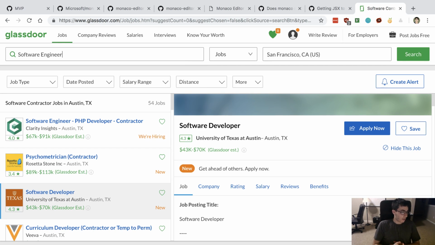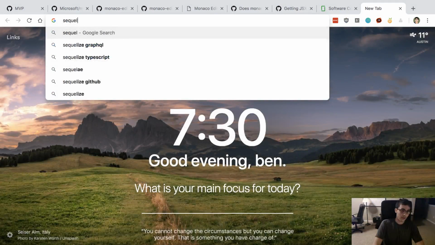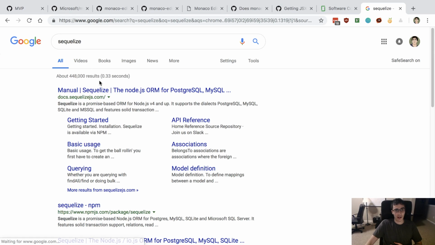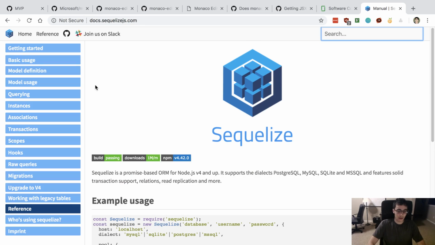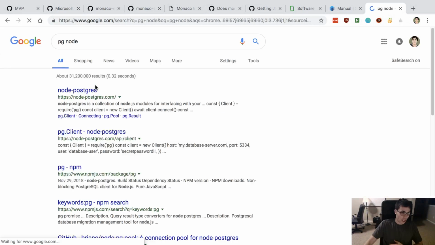Hello, I'm starting with GraphQL. Do you recommend using Prisma? Personally, I think a better sequence of learning it is starting with, if you're using JavaScript, something like Sequelize, or using something like PG Node,